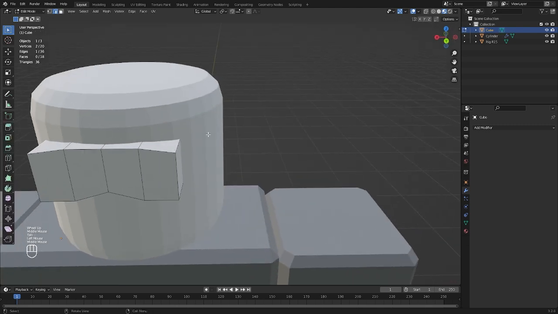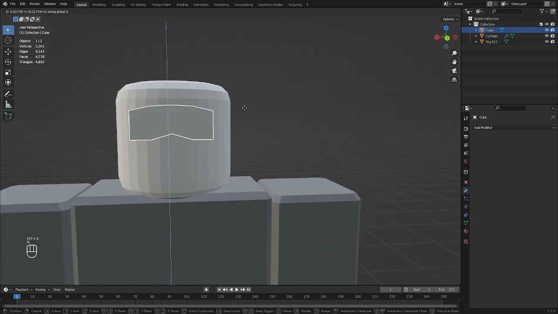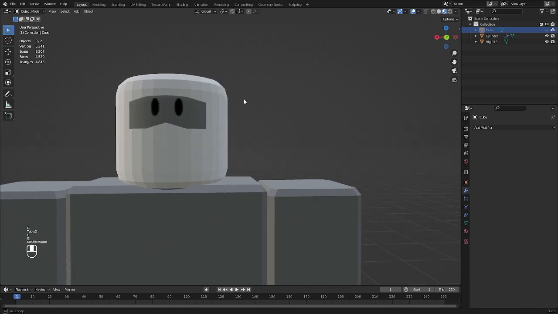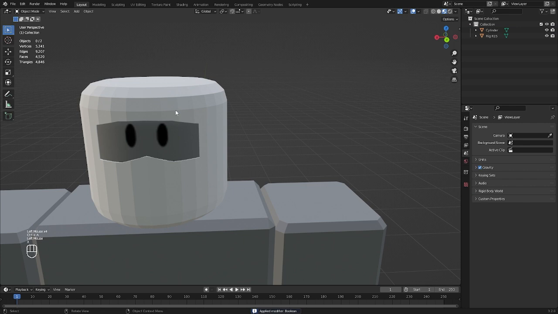Those don't look right. Maybe move this up a little bit. Maybe that'll help. Okay, yeah, looks pretty good. Okay, we're getting better. We're getting closer. Move this up a little bit, and I think we should be good. Yep, that'll do. So now what you want to do is apply this modifier, delete that part,